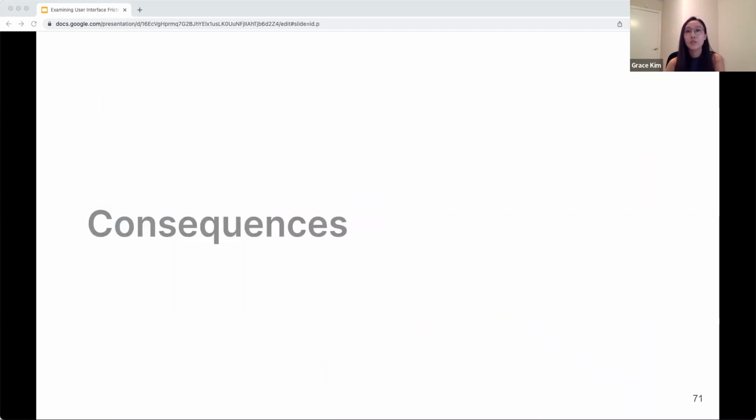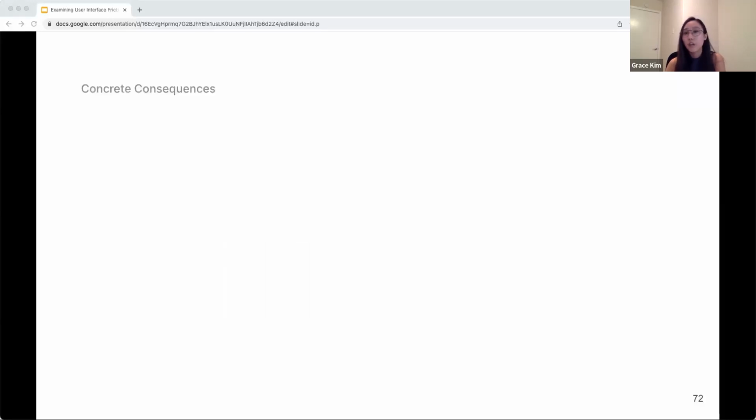So this now brings us to the consequences of frictions in the user interfaces. And consequences can be approached from both the concrete and speculative angle. So starting with the concrete, despite these frictions appearing confined to only the user and the interface, the consequences of negative user experiences are certain without a doubt. Friction reduces the relative value of the system for users,